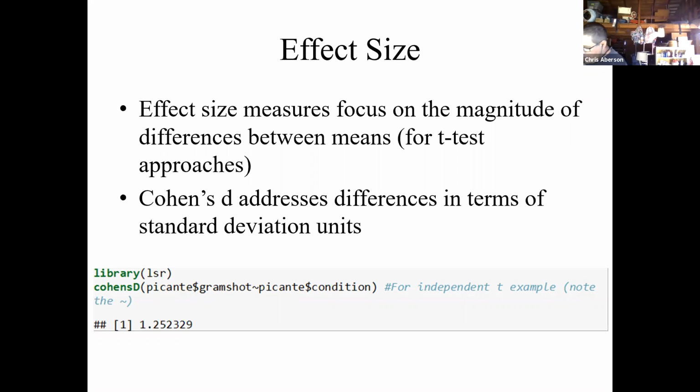The great Jacob Cohen is credited with probably starting the field of effect size measurement. His statistic, Cohen's d, or just d, addresses differences in terms of units of standard deviation. How different are these two groups in terms of the standard deviation? What's fun about the effect size estimate is that the effect size is the